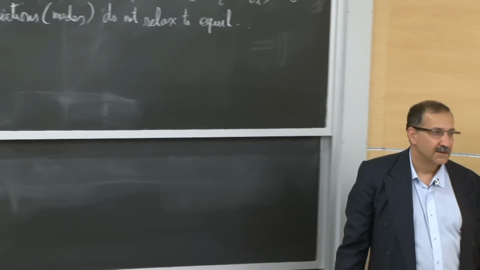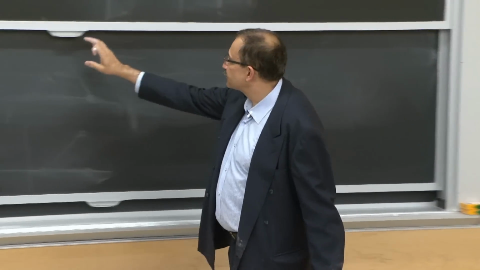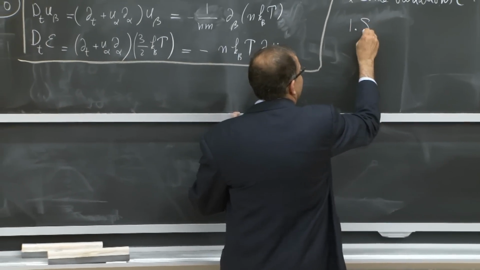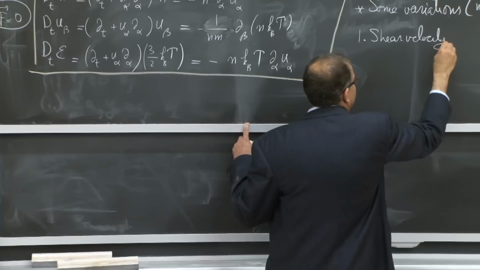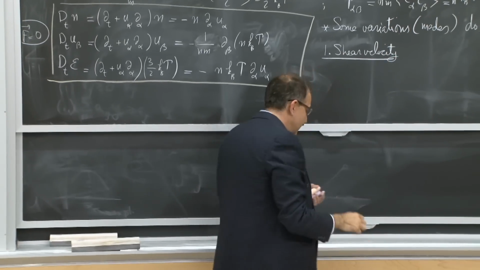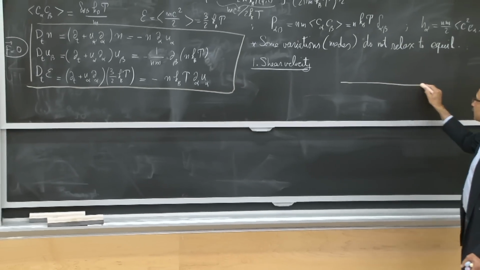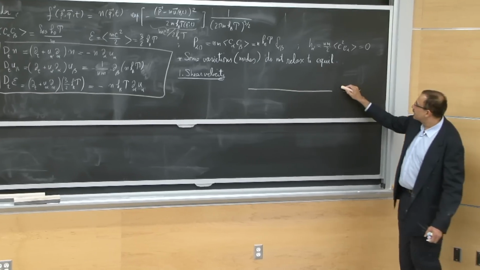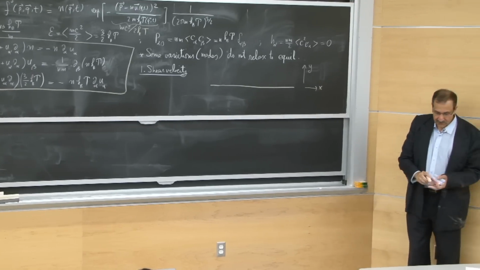And let's start with the following. When you have a shear velocity, what do I mean by that? So let's imagine that you have a wall that extends in the x direction, and along the y direction, you